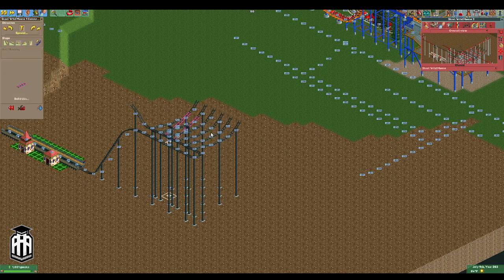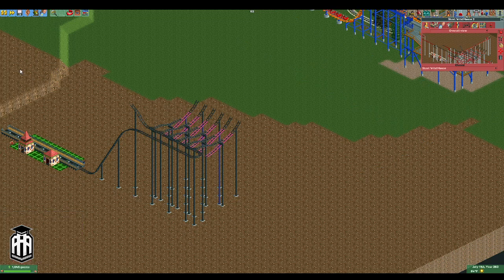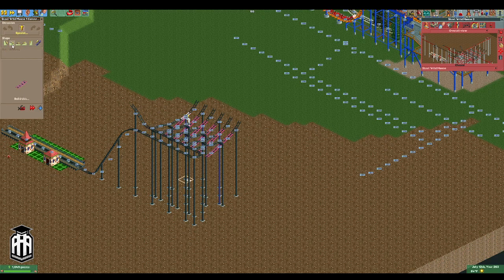1, 2, and flat, for each of the remaining sections, and finally, one more. 1, 2, and flat. Okay, so now we get in here and we're going to build back each of these